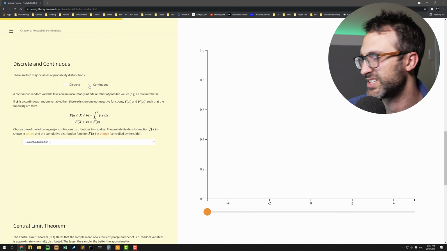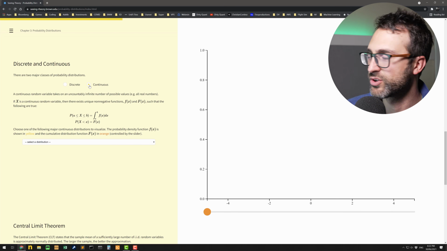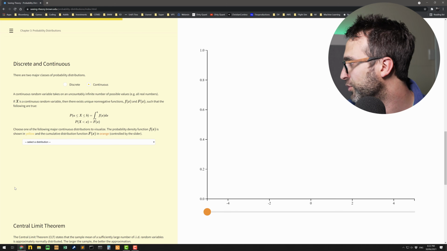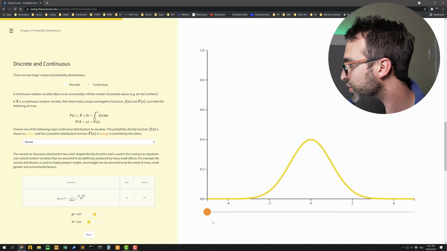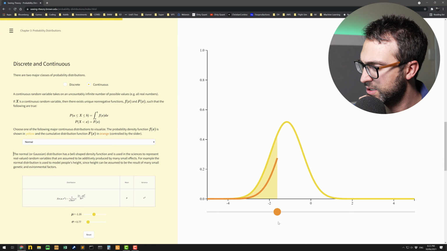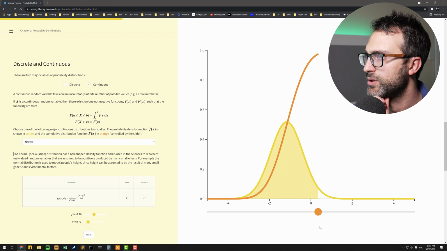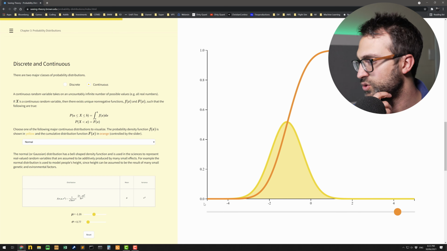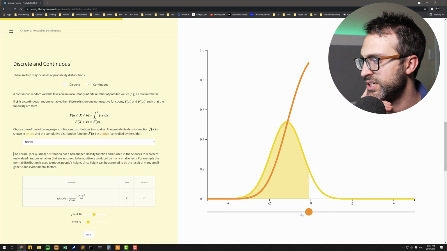What about continuous? Obviously, in general, people are more familiar with continuous when I say distribution. Usually, what do they think of? Standard normal, right? Let's have a look at that. You've got a mean and a standard deviation value. I guess it's going to be the CDF. Follow it up all the way to 1. Beautiful. That's your cumulative distribution function. I like it. This is cool. This is really cool. Simple.